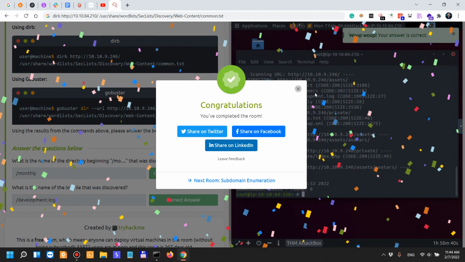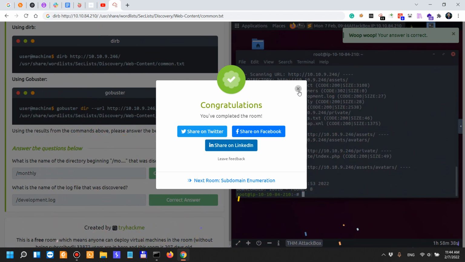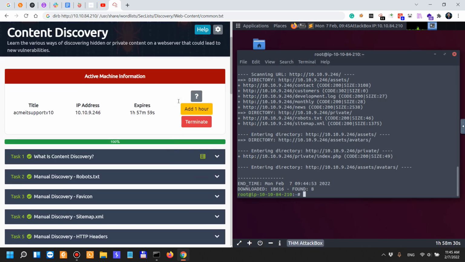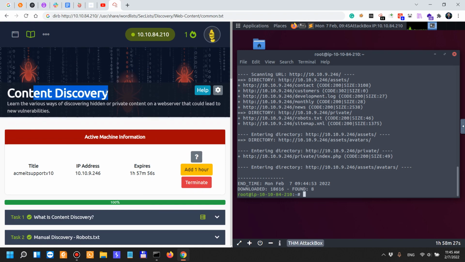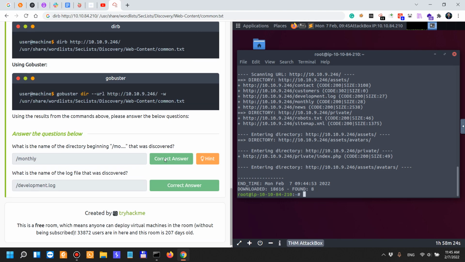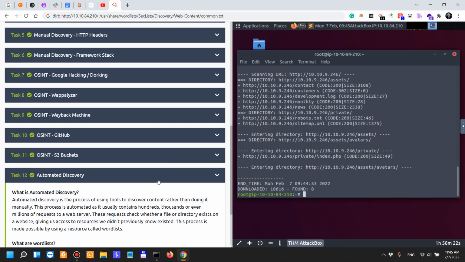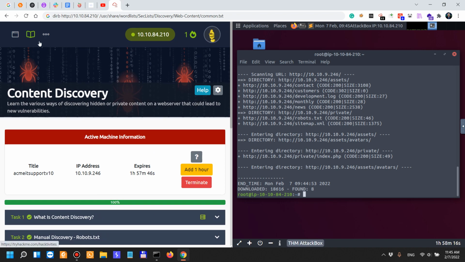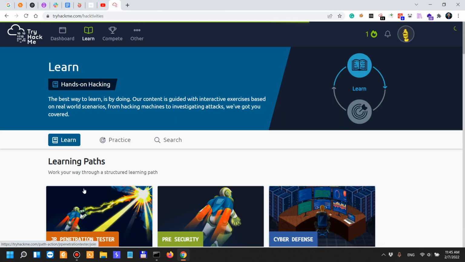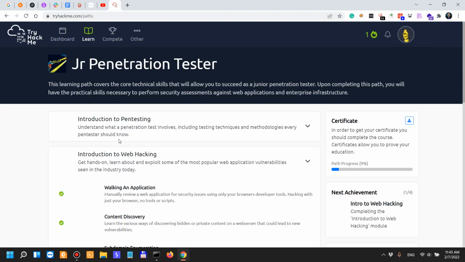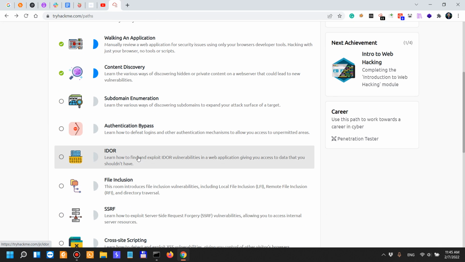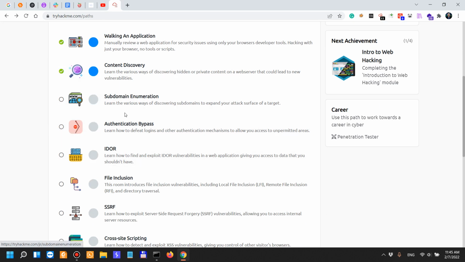There you go. So after doing a rookie mistake on actually knowing how to use TryHackMe, this room, is it called a room? Is it a scenario or a bunch of tasks? So this room is completed. Now up next, what is it that we're gonna have? Not content discovery, but subdomain enumeration. So yes,